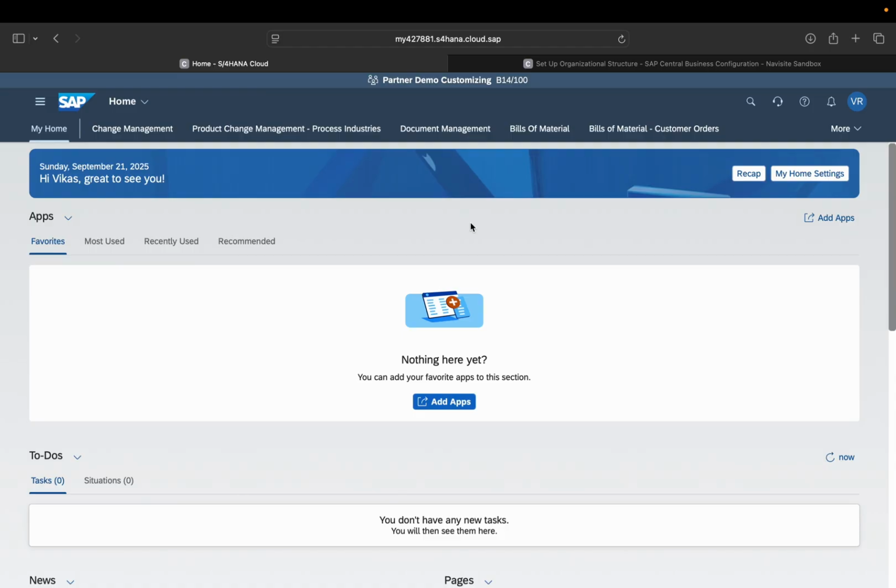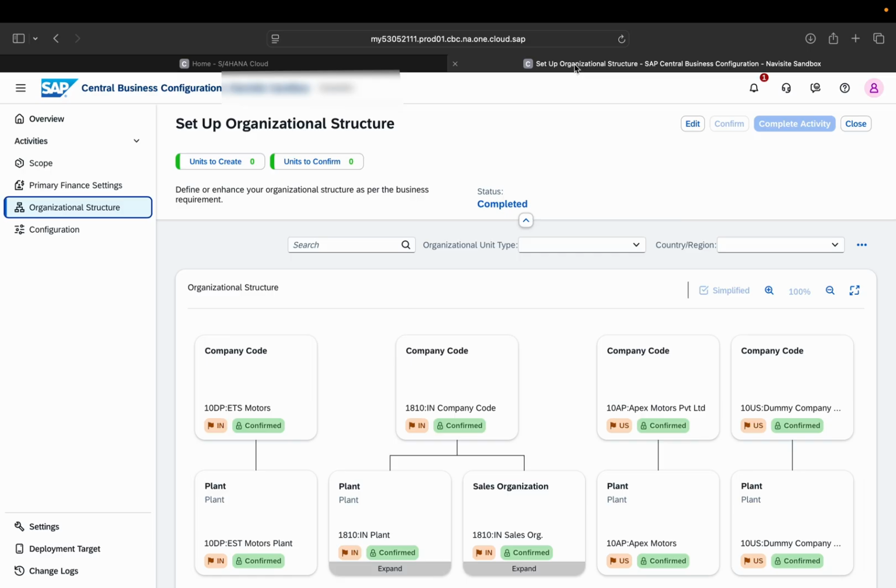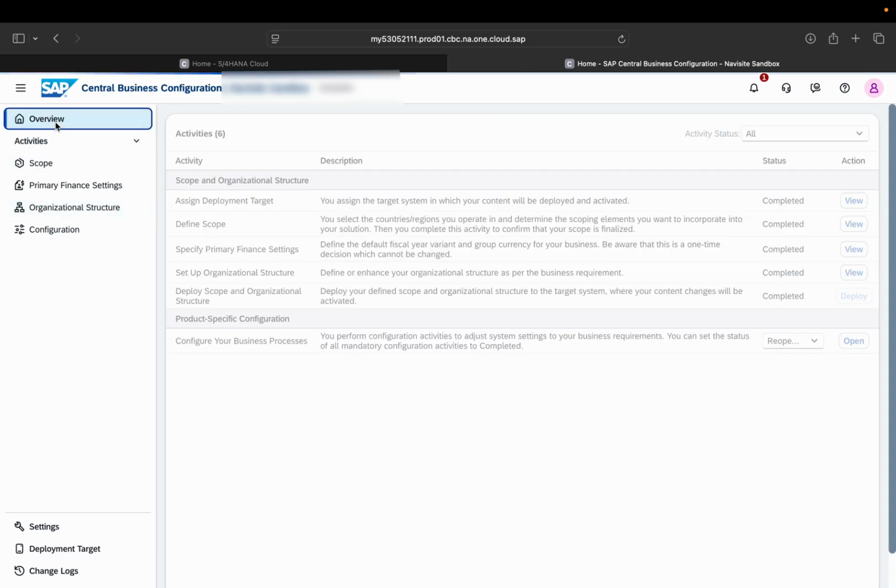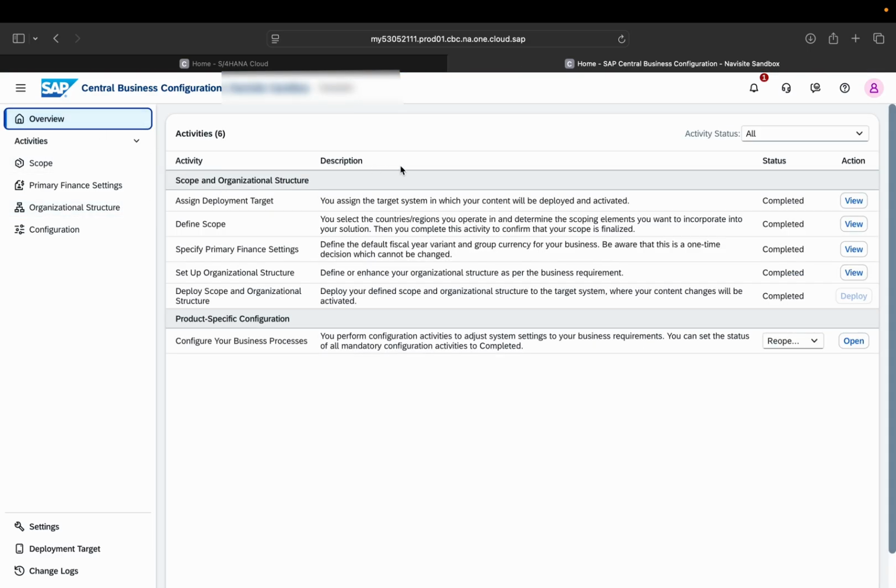But before that, we need to perform some basic configuration activities, which I will take you through in the next session. As promised, at the end of the video I will show you some of the major differences between SAP public cloud and SAP on-premises based on this basic structural setup.